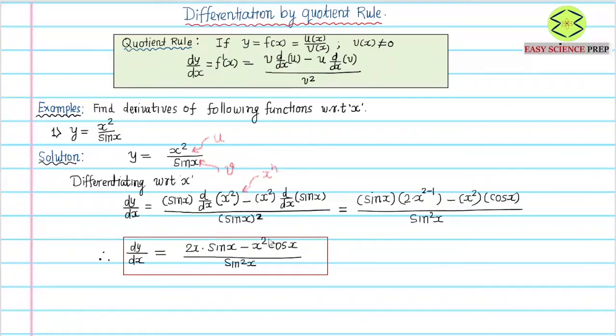We can take some more examples similarly. Let's say y equals e raised to x plus 1 divided by cos x minus sin x. Again, we have the quotient of two functions, so we follow the same method, the quotient rule. We can do a similar procedure and find the derivative by the quotient rule. So we have y equals e raised to x plus 1, over cos x minus sin x.